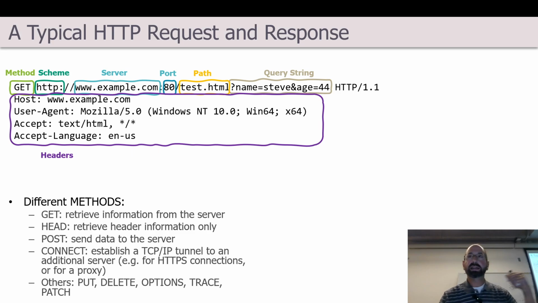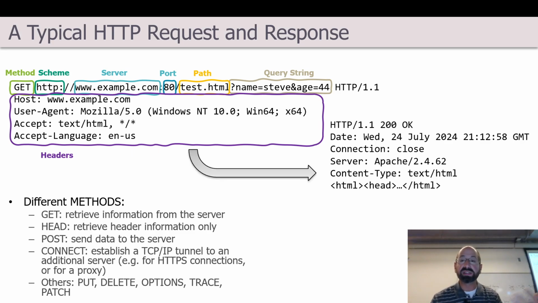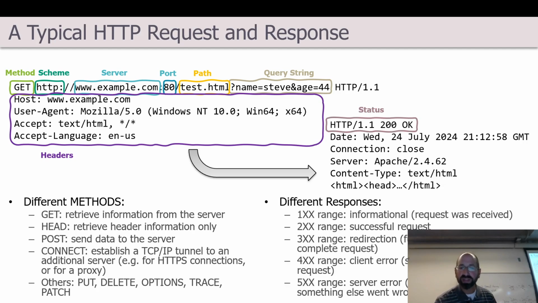So that is the get me that web page with these parameters, with this sort of request-related header information associated with it. And then for that request, there will be some nature of a response. This is intentionally abbreviated here, but part of that response would be that status code. So the first thing you'll hear back is you made an HTTP 1.1 request and you're getting status code 200,